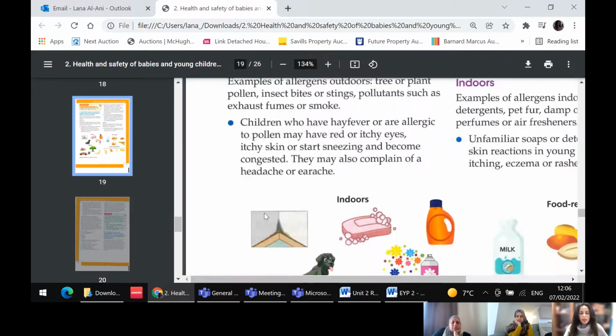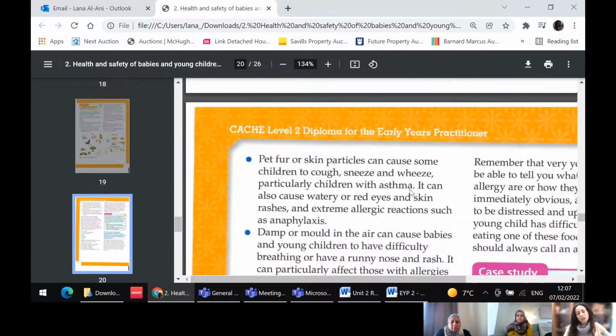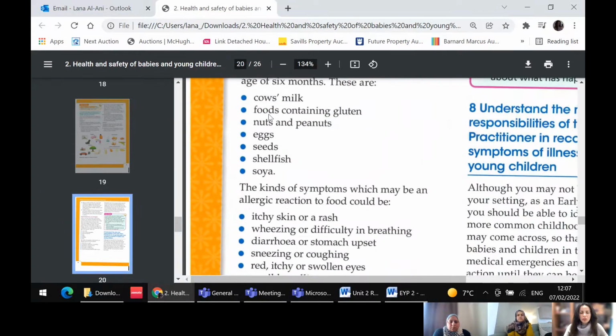Also, if they have a pet at home, they might have an allergy to pet fur, so their skin could go red. They could go sneezing, wheezing, and red eyes, red skin rashes, an extreme allergic reaction. And also there is dampness or mold, if there is any in the nursery, that will give them a runny nose, breathing problems. And the last one is food allergies, such as cow's milk, food containing gluten, nuts and peanuts, eggs,